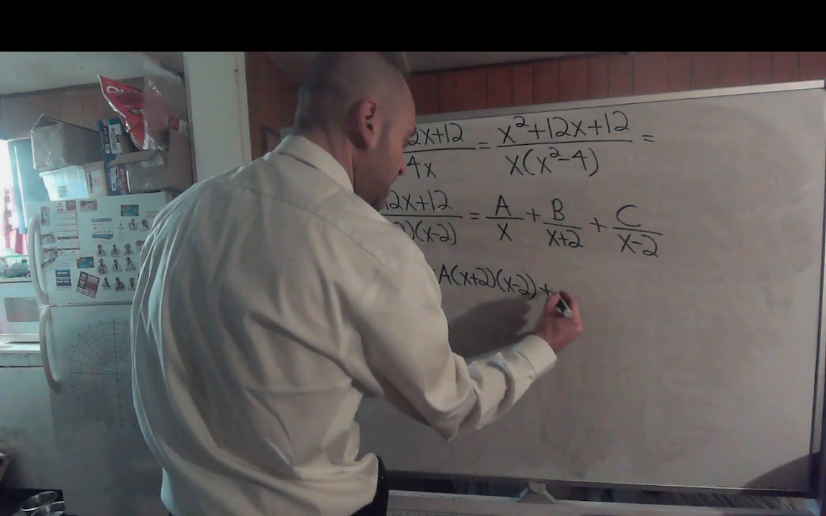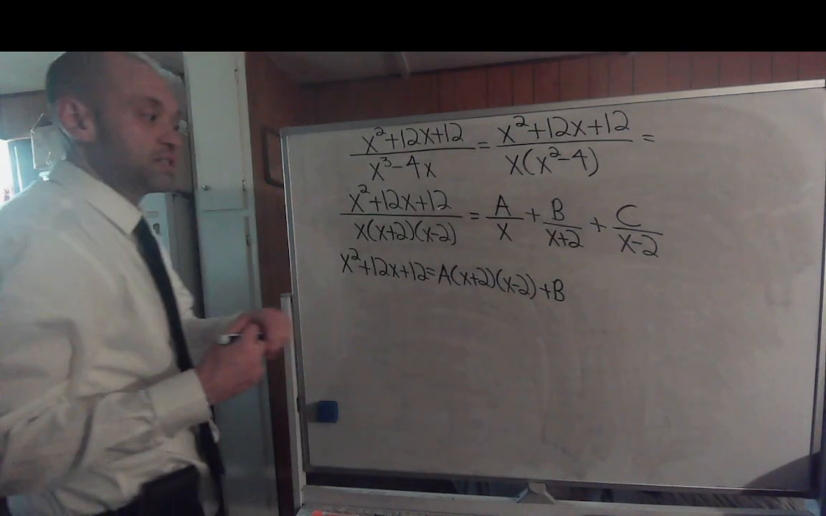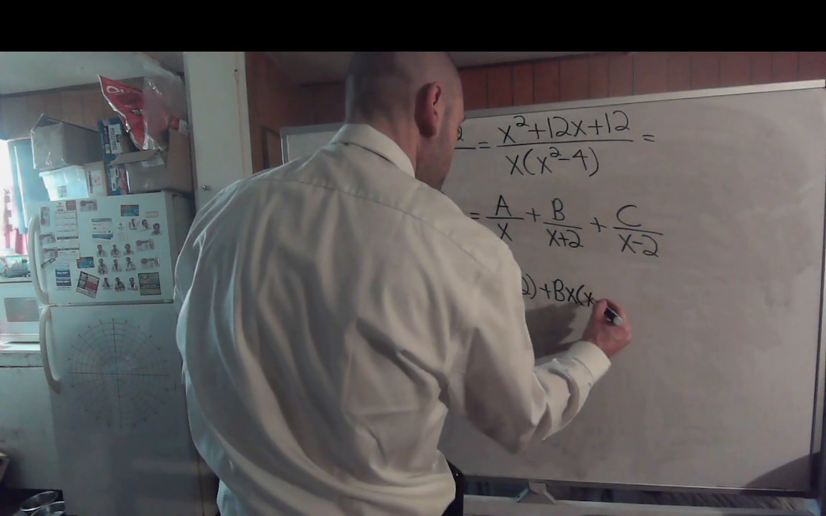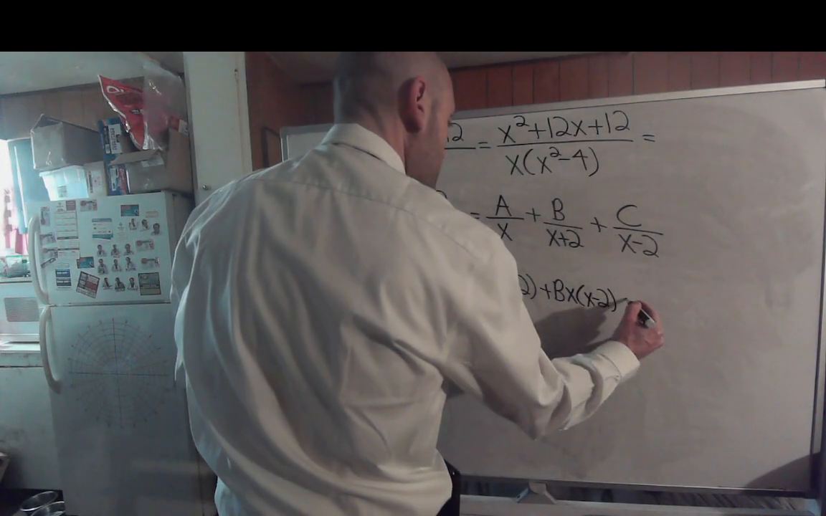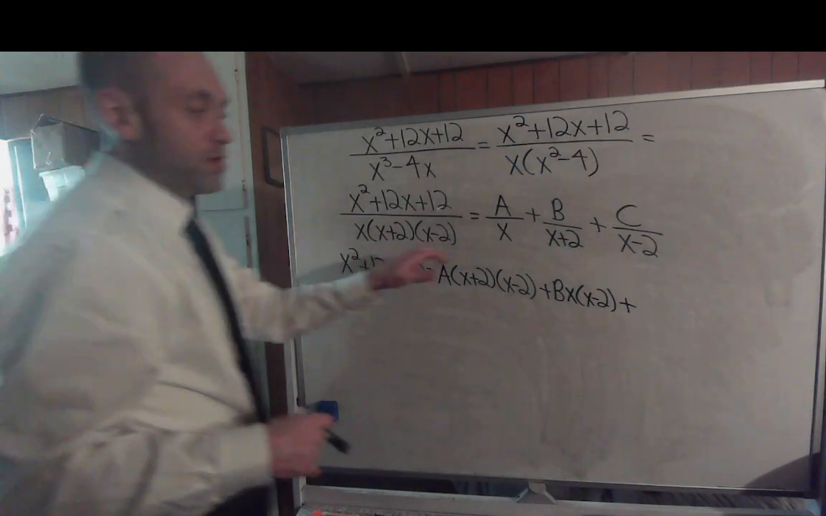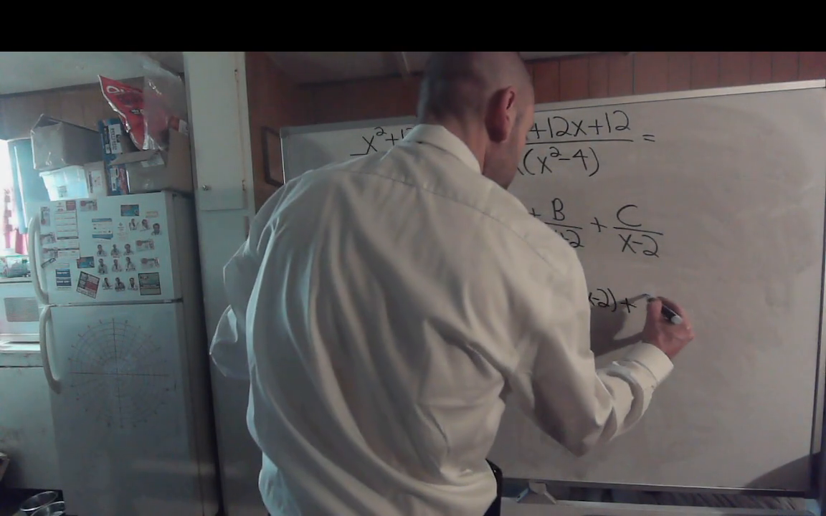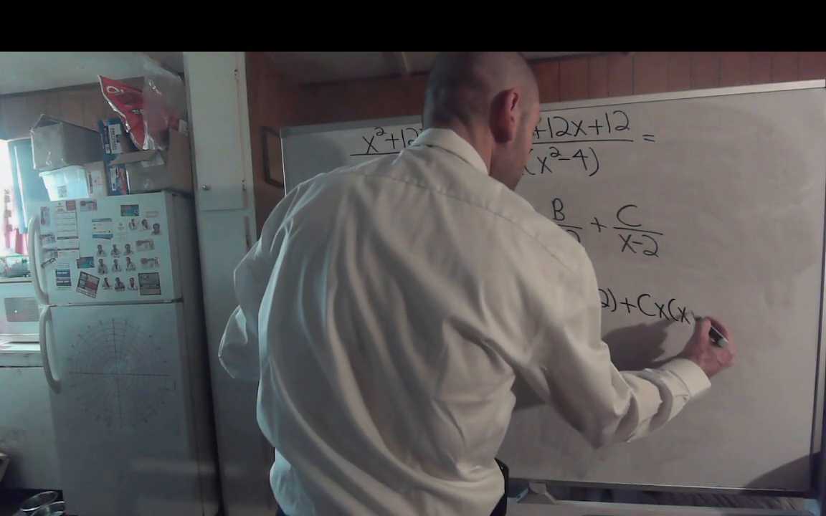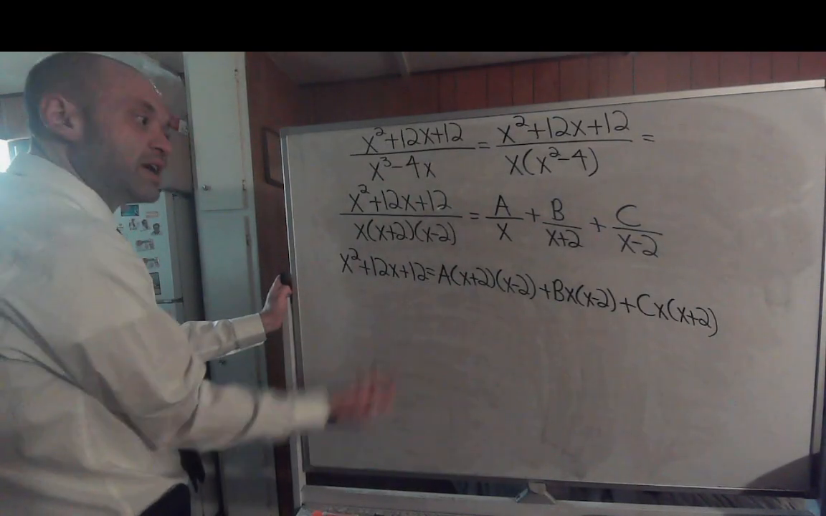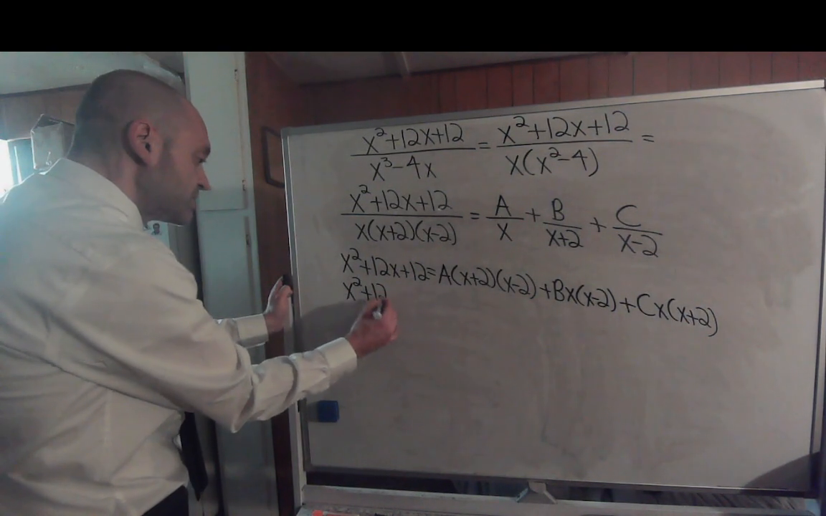Now plus b, well, if you multiply your second term by the common denominator, the x plus 2's would cancel out. You would just have b times x minus 2, plus then your third term, if you multiply both sides by the common denominator, the x minus 2's would cancel out, so you'd have plus c times x plus 2. So let's go ahead, distribute everything, do what we need to do over there. So you would get x squared plus 12x